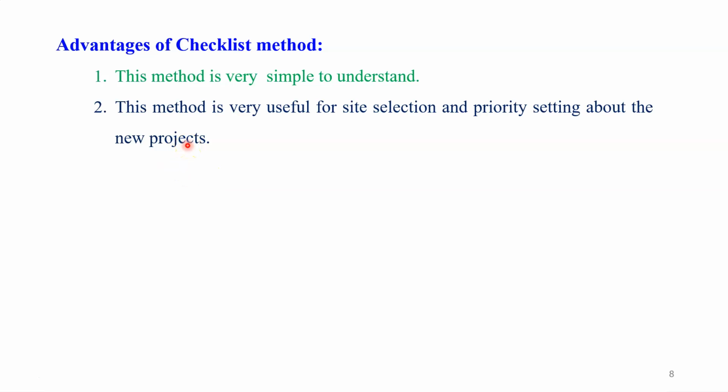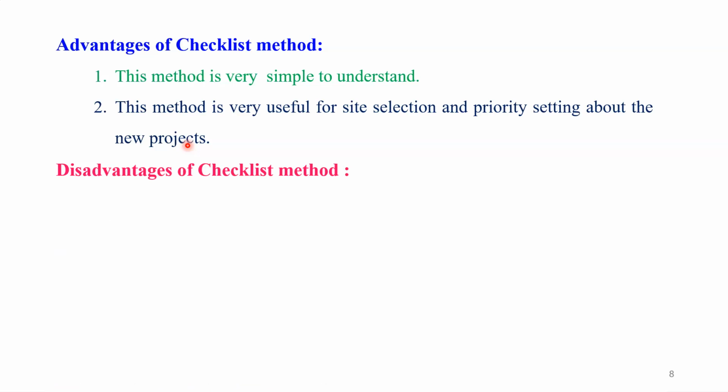That is why when we start a project, especially one that is very useful for the public or for the people, at that time this method is really very important. And in most countries, even each and every country, when we have such a type of project, this method is applied. So therefore this is a very important method that we use for environmental impact assessment.